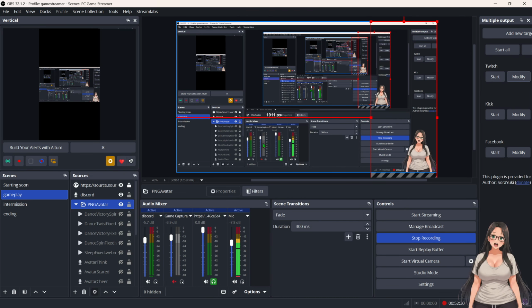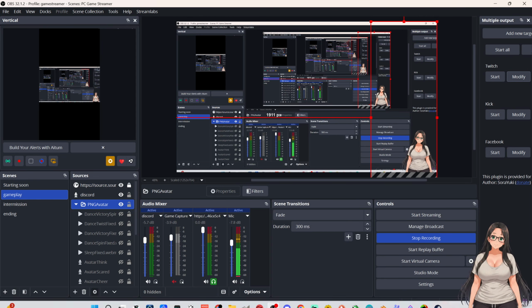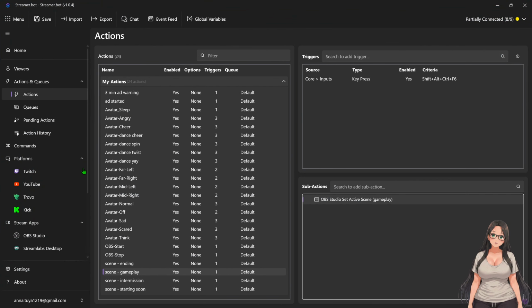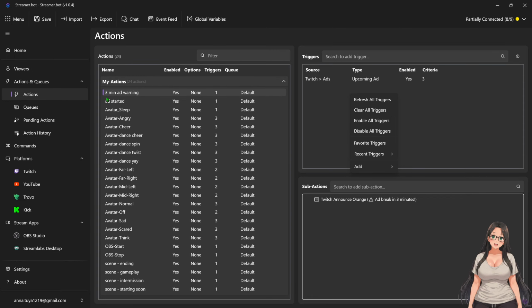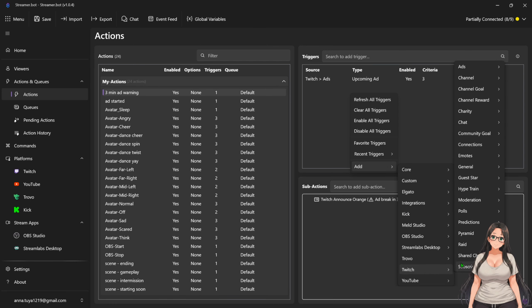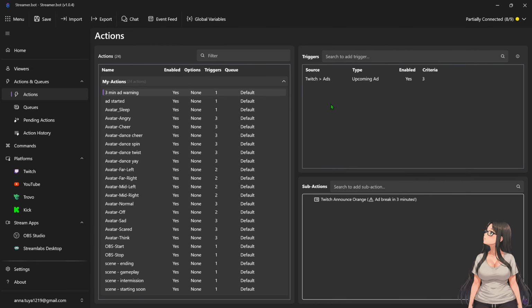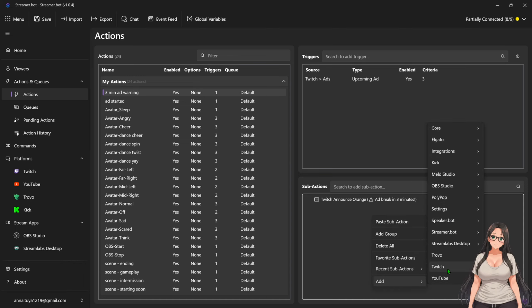So that is everything you need to know about the hotkeys and PNG avatar setups with Streamer.bot, which is a really cool program. I pretty much just use this. If you guys want to know, I can go over the ad warning real quick. All you've got to do for the ad warning is create a new action, name it whatever, 3-minute ad warning, add, which, ads, upcoming ad. Then once you do that, you go down here, type in add, which,